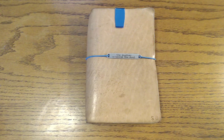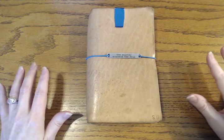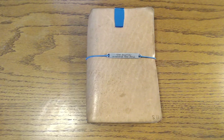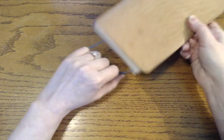And as you can see in front of you, I don't have an official Midori Traveler's Notebook. I never call this a Midori. If you've seen some of my other videos, I always call this a Traveler's Notebook because I know that it's not an official Midori. And there are reasons for that. I do have some other videos on how I came about making this and such, but essentially, the Traveler's Notebook,